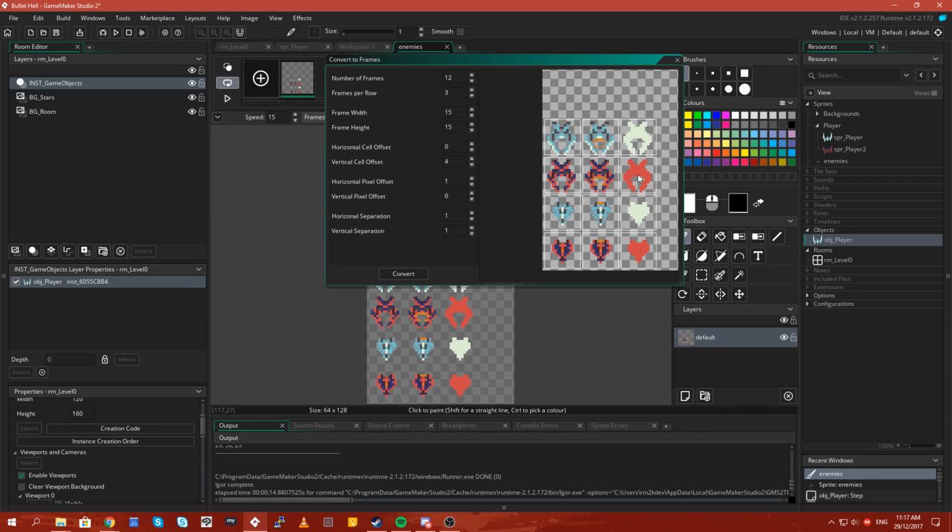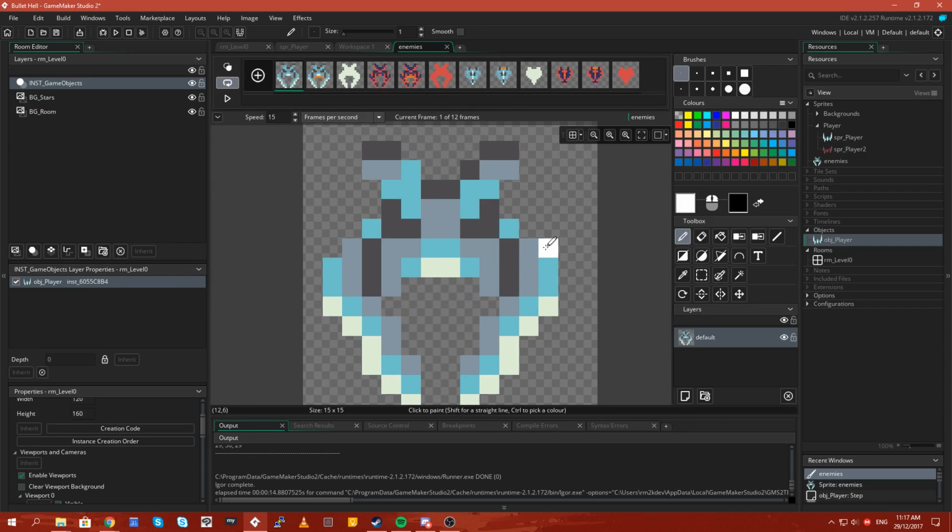Are they centered though? They're not centered. They're almost 1 frame out. What if I set this back to nothing and added another? That's because then it doesn't add up. That should be okay. As long as they're starting on the same pixel, which they are, then the right side shouldn't matter too much. That should be fine. Let's have a look. So what have we got here? We have 3 frames for each enemy.